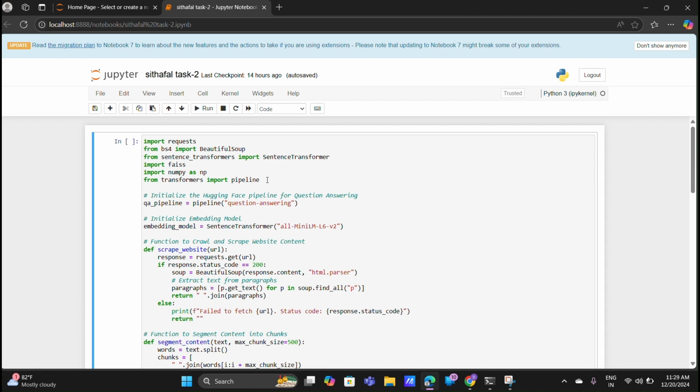First, I have imported the necessary libraries. Requests and Beautiful Soup are used for web scraping to fetch and parse web page contents. Sentence transformers is used to generate embeddings, vector representations of text for semantic search. FAISS is a library for efficient similarity search on large-scale vector embeddings. NumPy is for numerical computations such as arrays and matrices. The transformers import pipeline is used for providing the